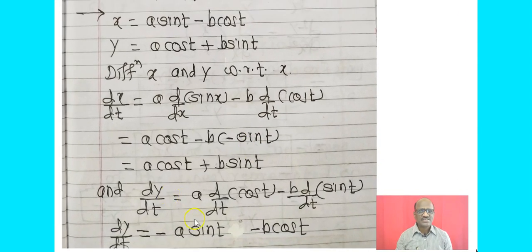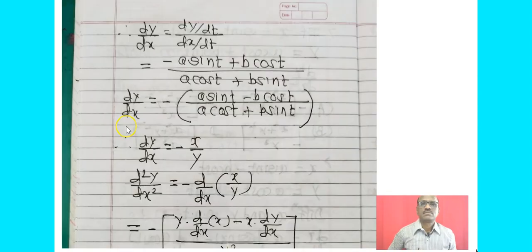Now next, dy/dx is equal to a d/dt of cos t minus b d/dt of sin t, and we get that dy/dx is equal to minus a sin t minus b cos t. Therefore dy/dx is equal to (dy/dt) upon (dx/dt), and we will substitute the values of dy/dt and dx/dt,